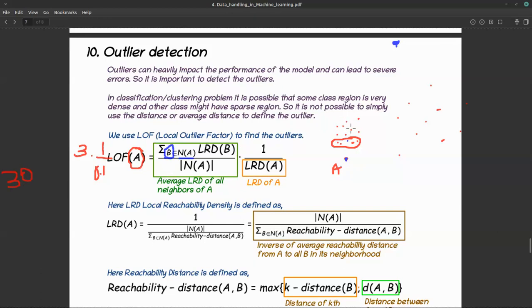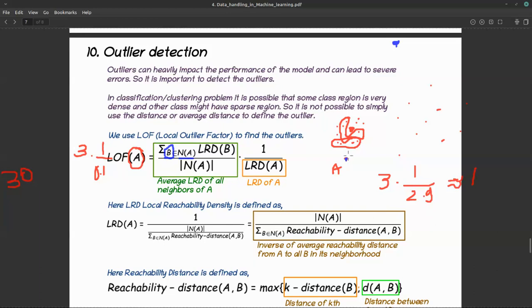And if I calculate this LOF for this other point, then what will happen? The local reachability density of the neighbors, so the neighbors are nothing but these points. The average density is nothing but 3 for all these points, because all belong to the same area, the same cluster, the same country, basically a dense cluster, multiplied by the inverse of the density of this point. That density would be around 3 or 2.9, let's say. So it is roughly equal to 1.